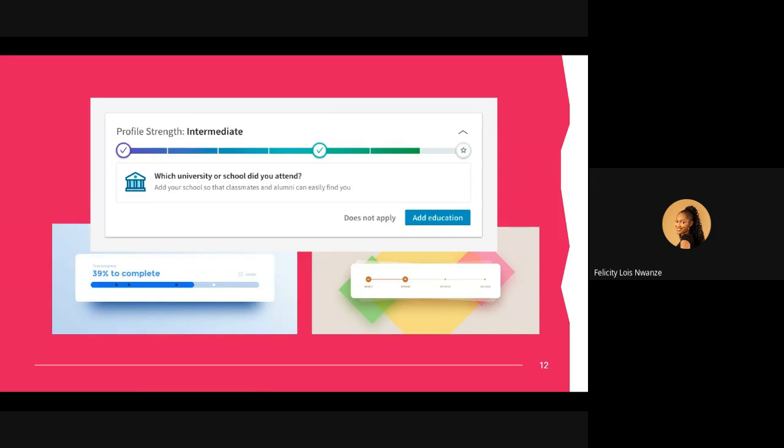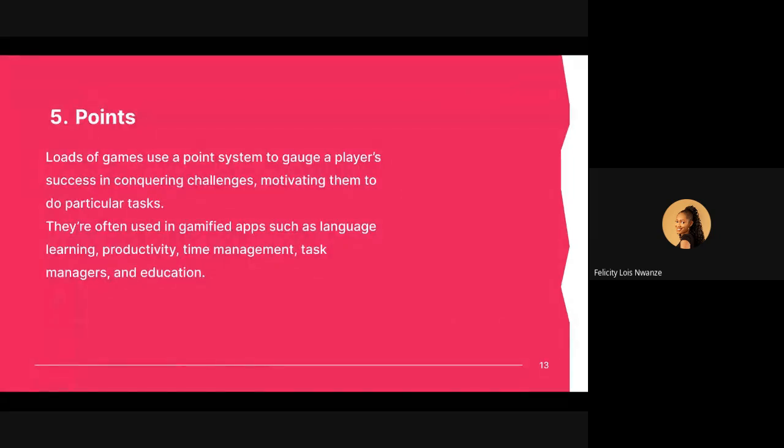We can also see these journey trackers in things like e-commerce apps. So when you've ordered a product, now you see that the product is shipped, and then the next step, the product is, let me say, checked, any of those words. But you can just see it goes from one step to the next, it keeps you in check, it takes you along the process. So the fifth one under the game mechanics of gamification is points.